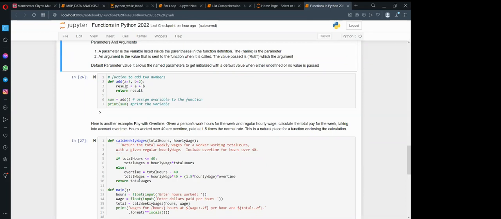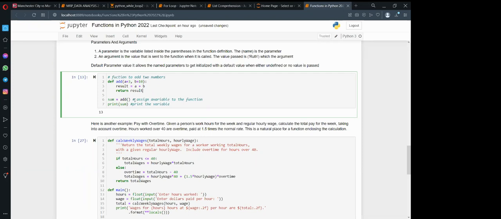So when you say result equals A plus B and return result, it will add those two numbers automatically. Assuming you change this one to 10, then our output will automatically be 13.